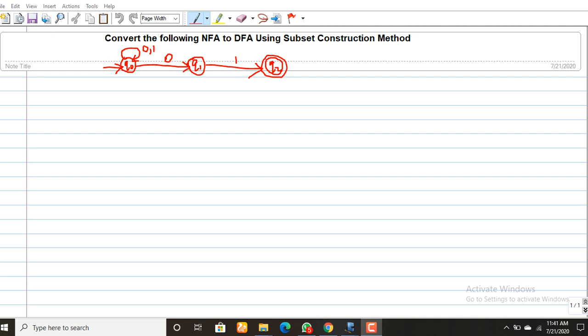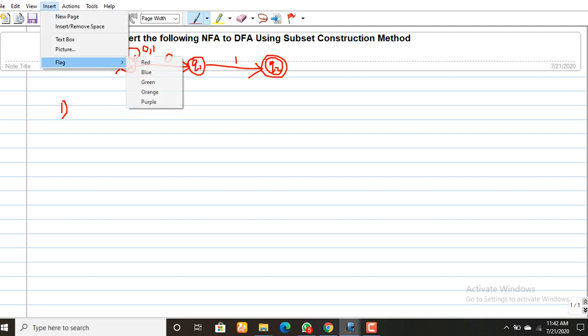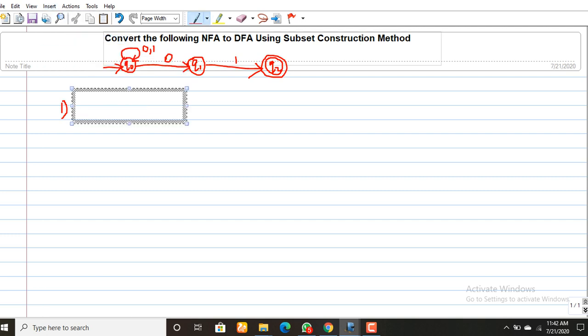From this problem statement, you can identify that you are given an NFA transition diagram as input. This is also possible in your university exams. So here your input is the NFA transition diagram, so there is no need to write a language or draw the NFA. It is already given to you. So what's the first step? In the first step, you have to make the transition table.